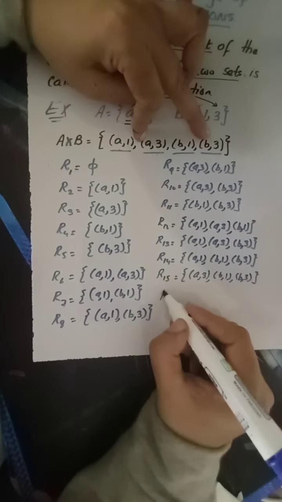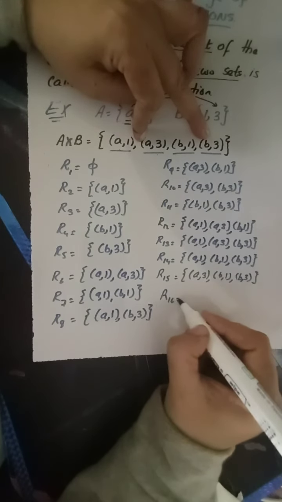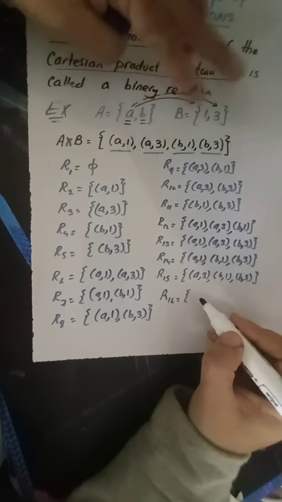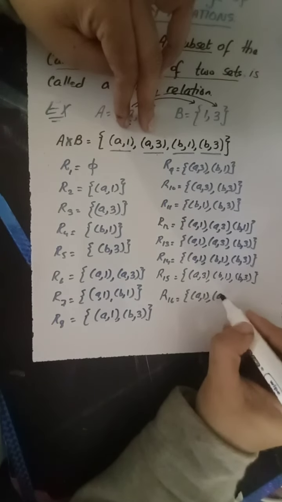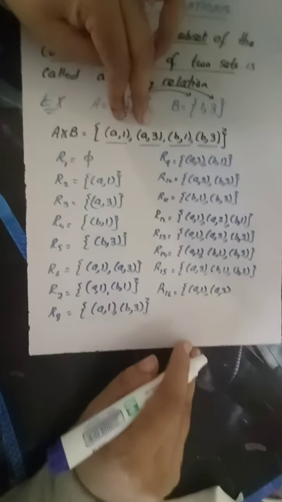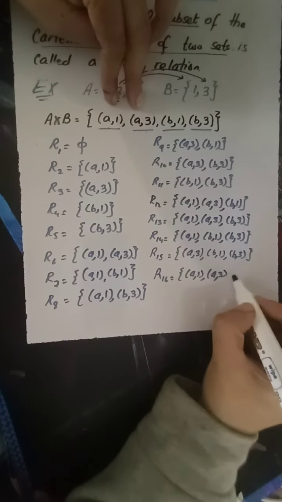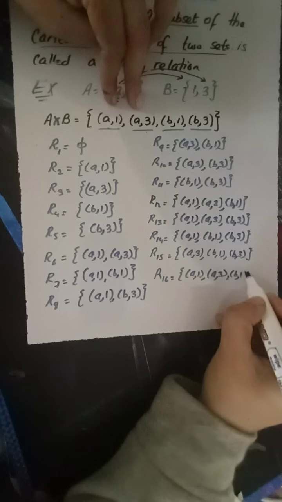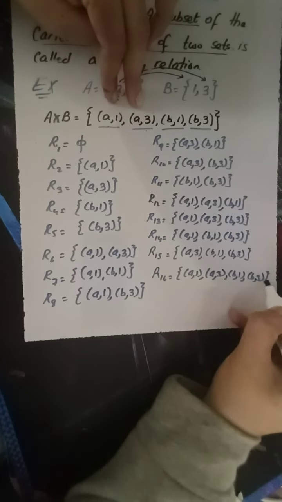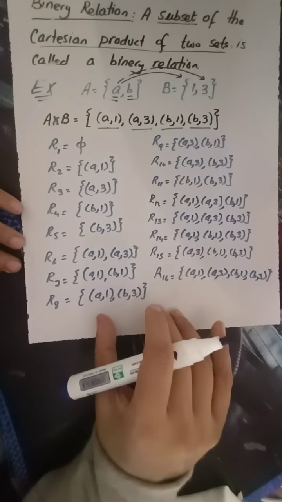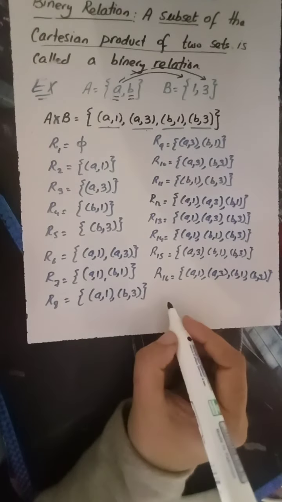Okay. Now R16 will be the whole set, the improper one, A1, A3, and B1 and B3. Now these are all possible subsets of A cross B, because we know that in order to find the possible subsets of a set,